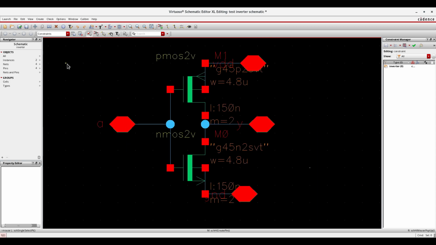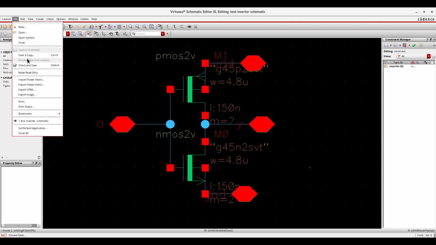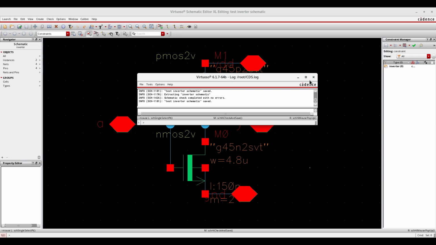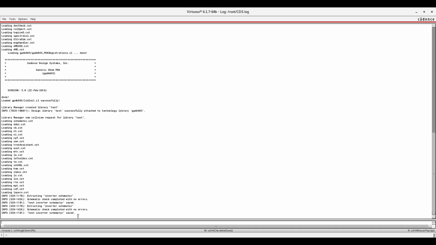Once everything is completed, you need to save this file. So just click and save. This option, go to file. Okay, here you can see an option called check and save. Okay, shift X is the shortcut key. Just click check and save. Suppose if at all any errors are there here, you will get a pop-up window. As of now I don't have any error. See here in the CIW window, I can see there is no error. Everything is fine. The schematic is checked and saved with no errors. Okay, so now everything is working fine for me.